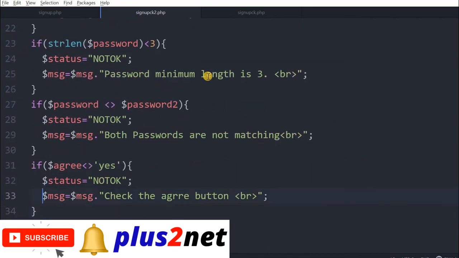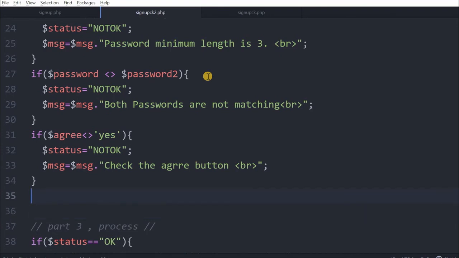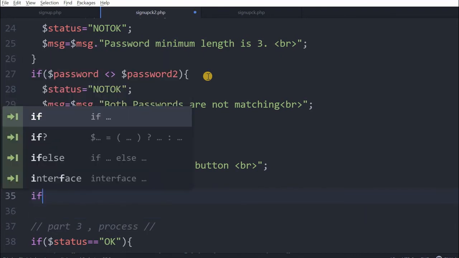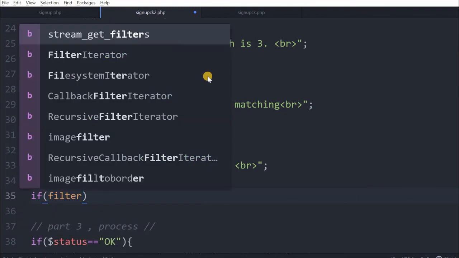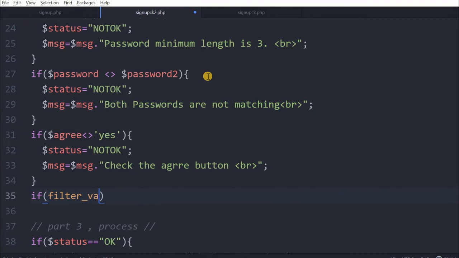Now let me add an email validation. Now what I will say, there is a filter available, I'll use that. There are different ways of validating the email. You can use a regular expression. If filter_var, now in this I will give my email, it is email.